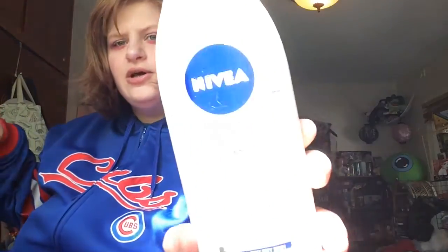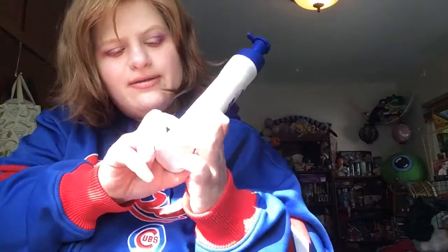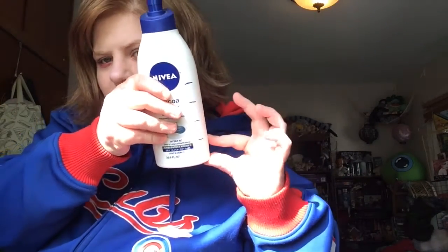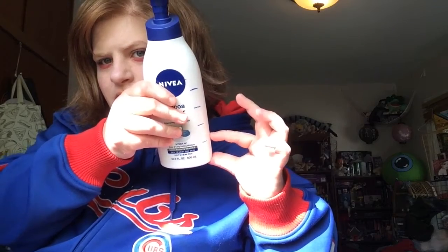Next is for Q, and that's this Nivea Hydra IQ Cocoa Butter Lotion. It was there last time, and I finished it. I'm surprised I finished it. I finished it like halfway through the month. I thought it would still last at least 3 weeks, if not be cutting it close kind of thing. I knew I could finish it, but it literally only took me like half a month. Maybe because it was so thick, maybe it was built up on the sides a little bit more or whatever, but yeah,